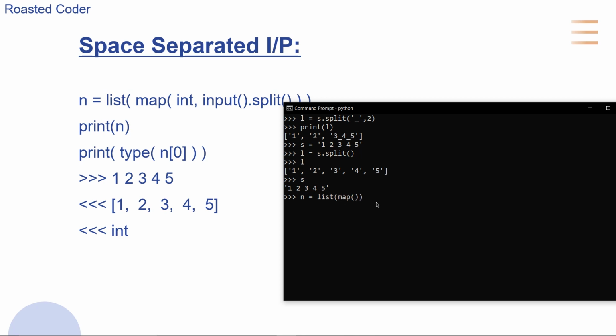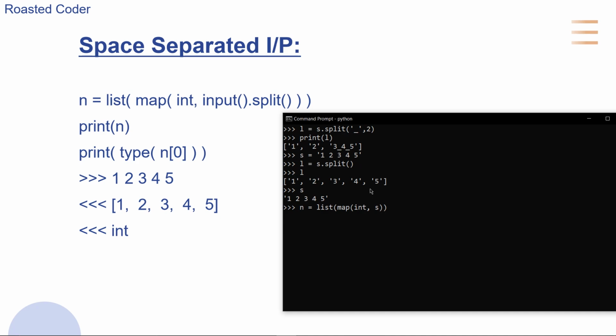map int and s, since s is already there, and we have to split s. This will return a list of strings, such that every element in that list is a character or substring from s, where the substrings are space separated.